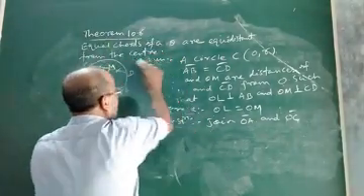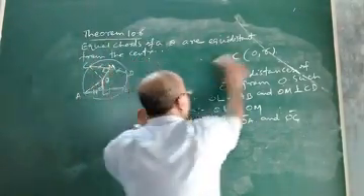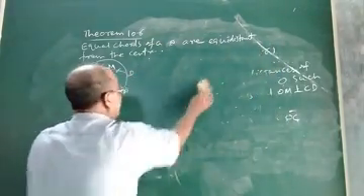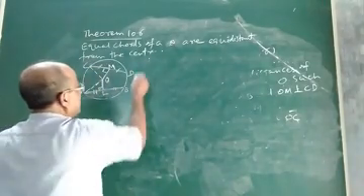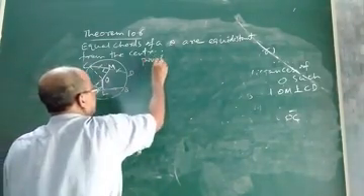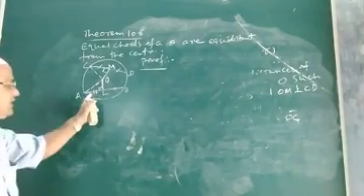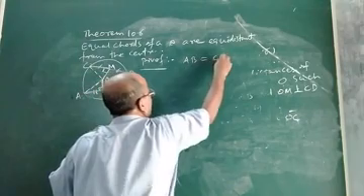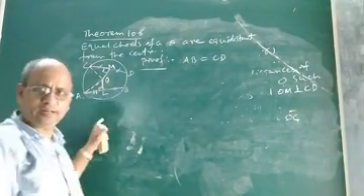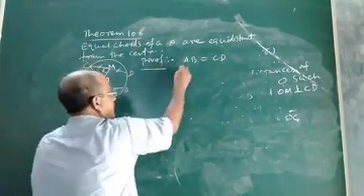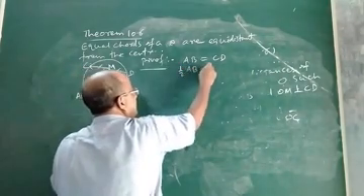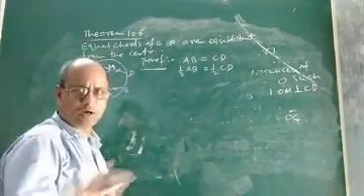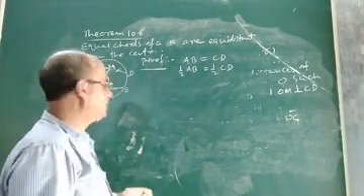Now let us come to the proof part. It is a very simple one. You can easily prove it. Children, you are given AB equal to CD. It is already given. Now take half of AB. If AB equals CD, then half of AB will be equal to half of CD. No doubt in it.